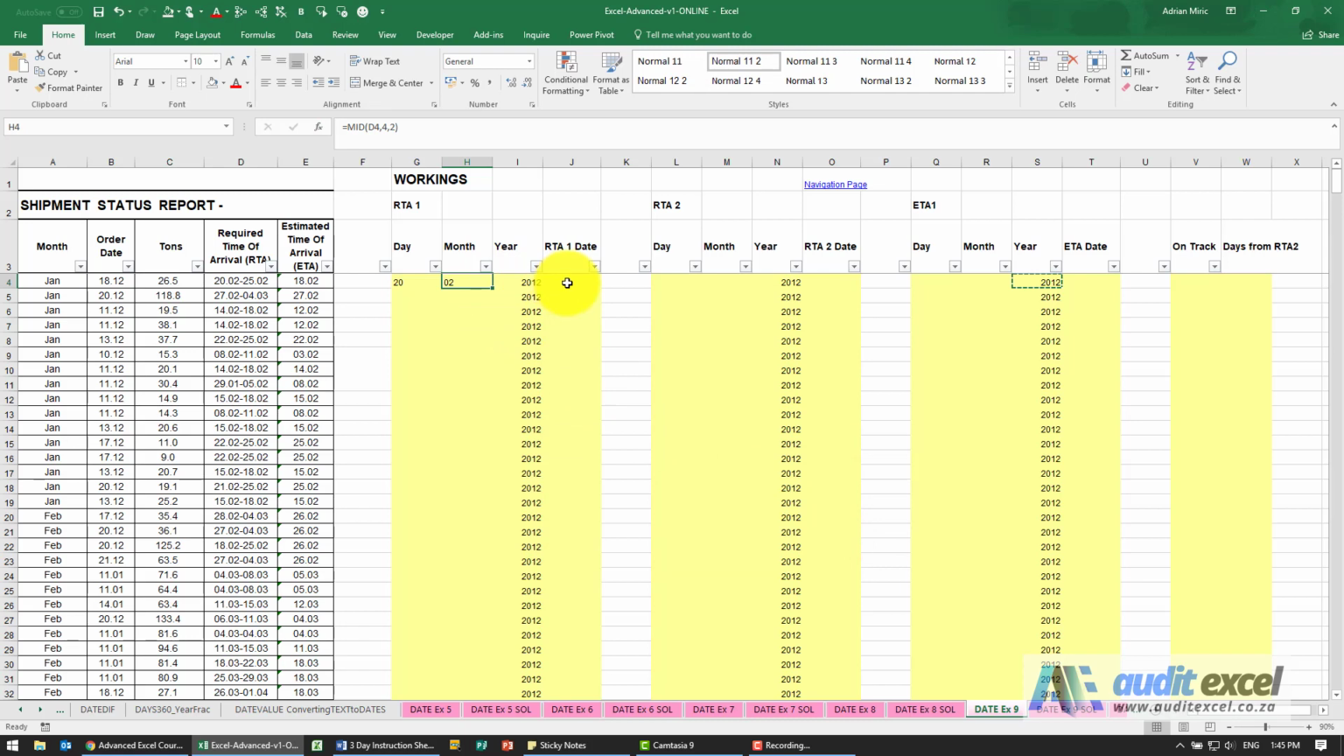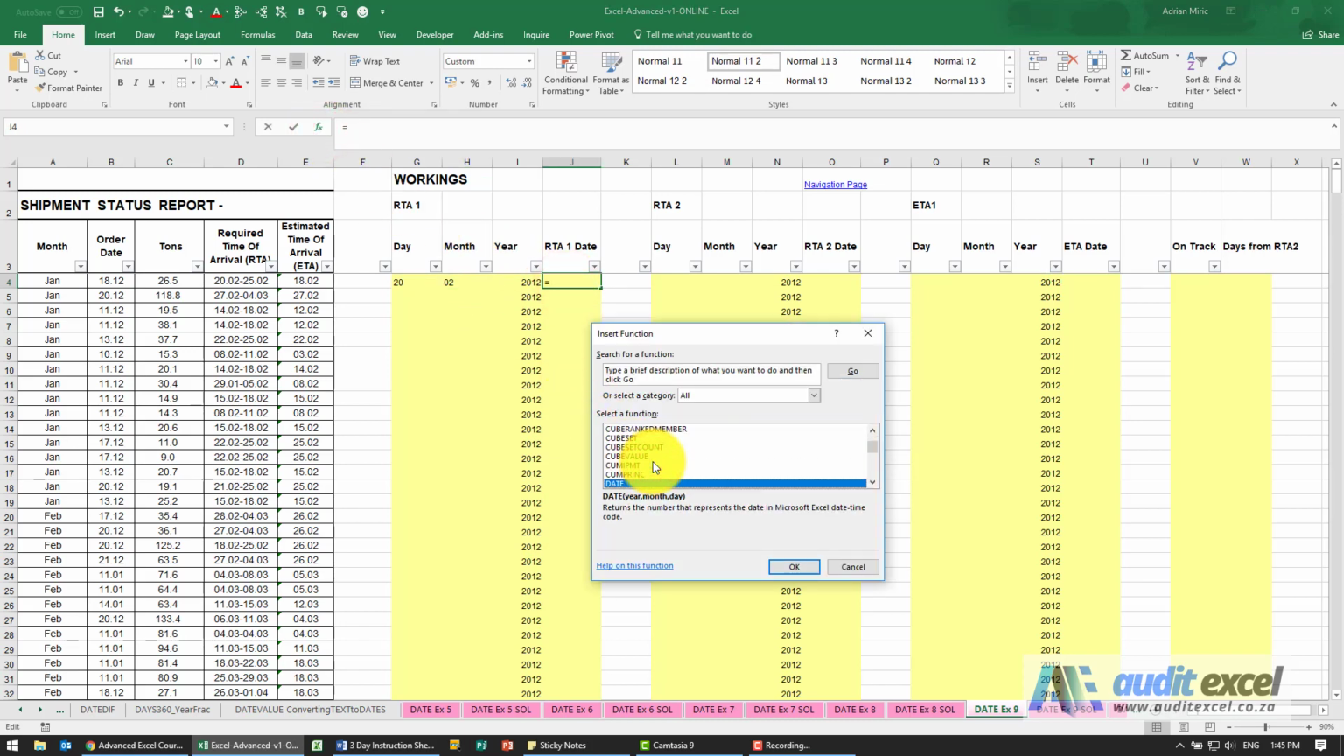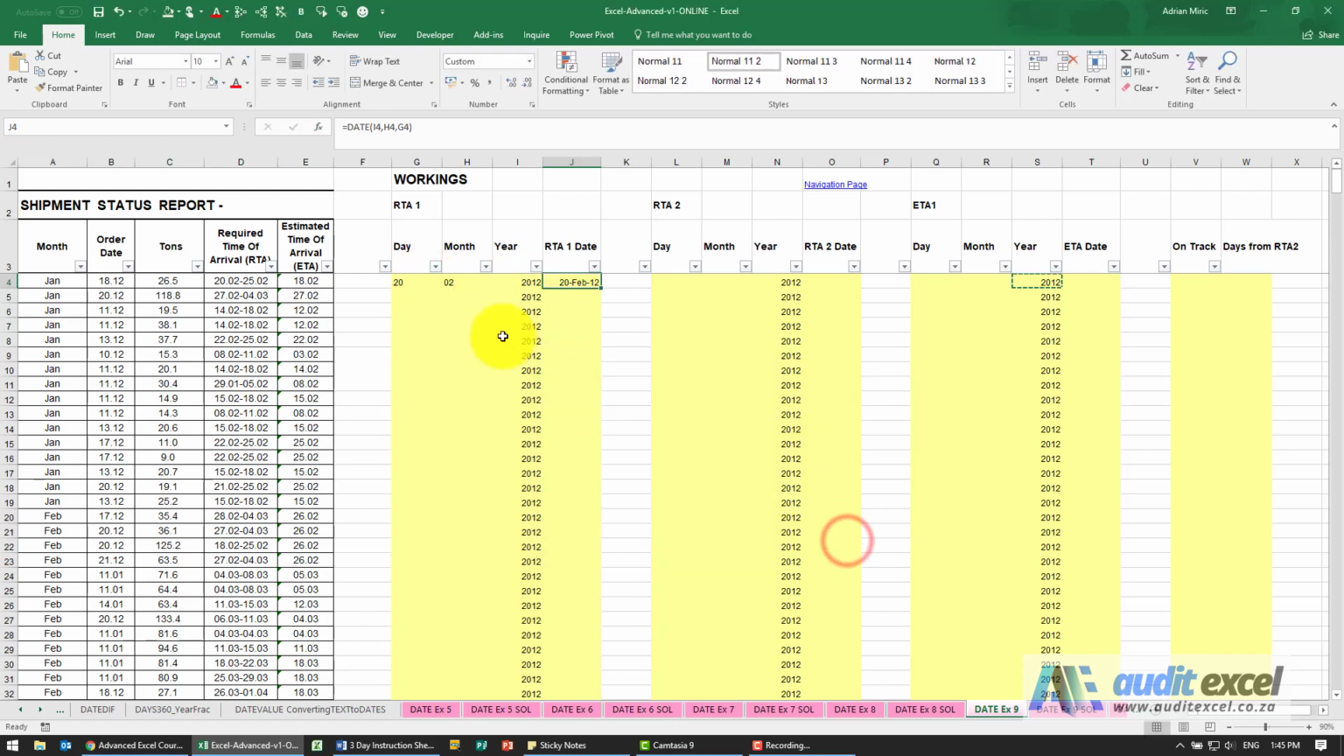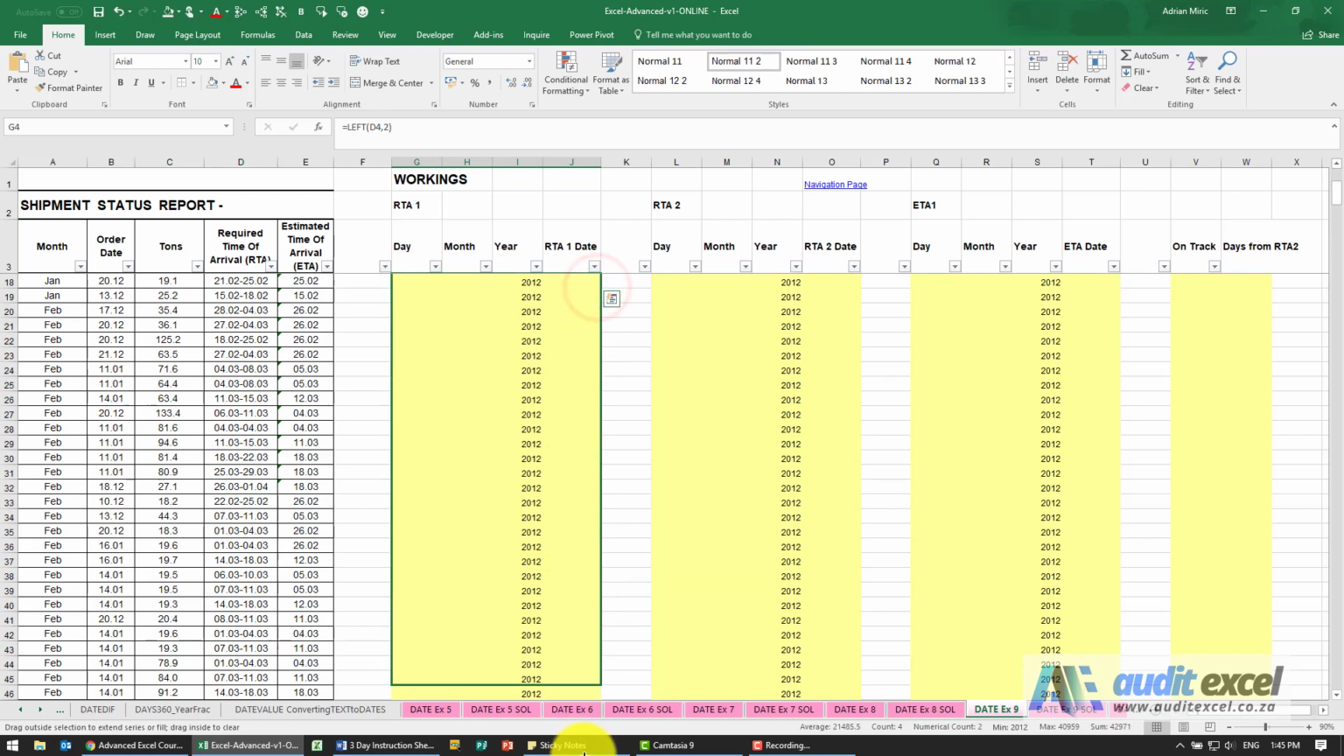We've been given the year, so we can now use the date function to convert it to a valid Excel date. So that's the year, that's the month, and that's the day. It looks like it's working. I can say OK. Now we can copy it. I just want to show you something here. I'm going to copy it this way. So if I do it like that,